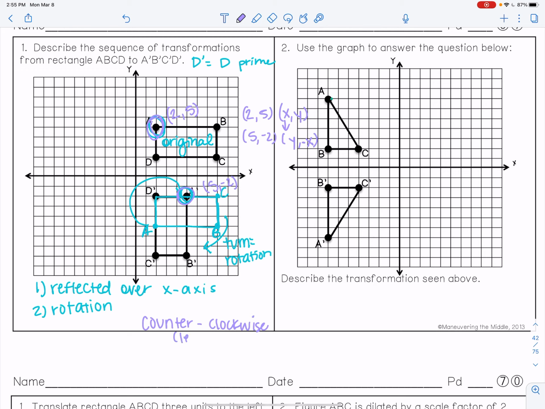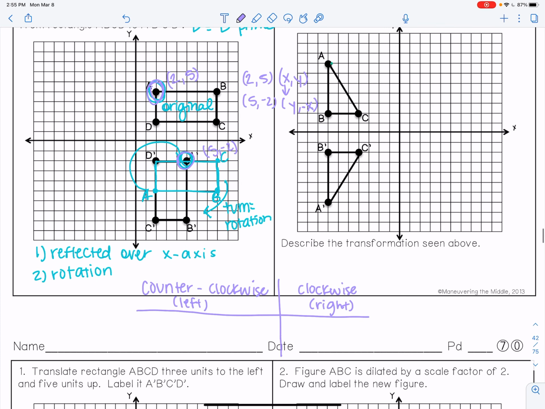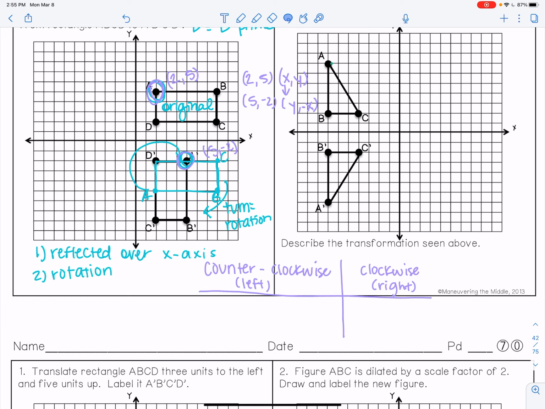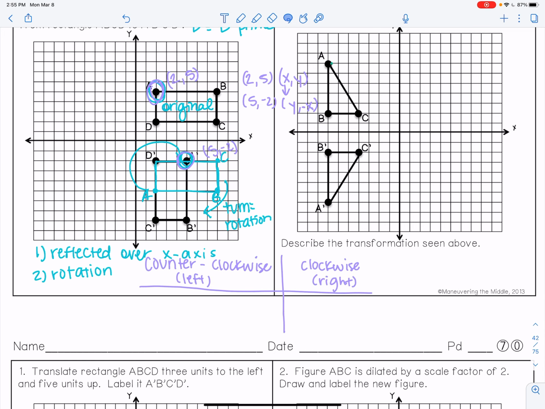Counterclockwise just means we've turned left, and then we have clockwise, which just means, of course, we've turned right. Okay, so then you go about your rules and things. So we could say